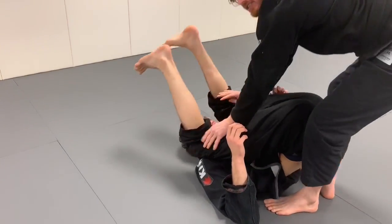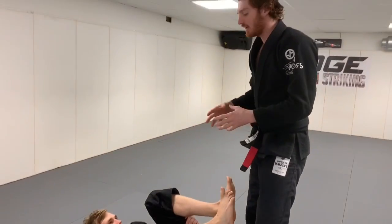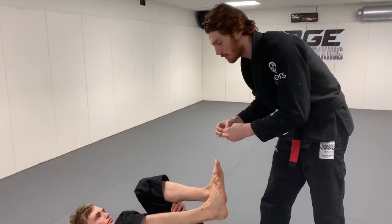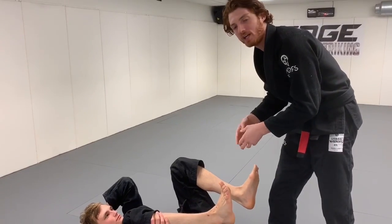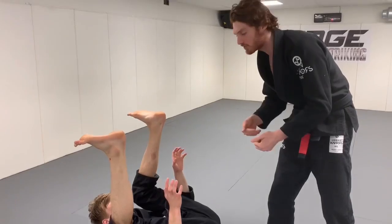I'm going to go into the pass in a second, but I want to talk a little bit more about the setup again and just how this all combines. Because if you break everything into separate positions, this position is the grip fight battle on top. I'm trying to enter into the pass I want. But ultimately, you have to take what they're giving you, not what you want. If he's setting himself up for the perfect pressure pass, I'm going to take that rather than forcing the toreando